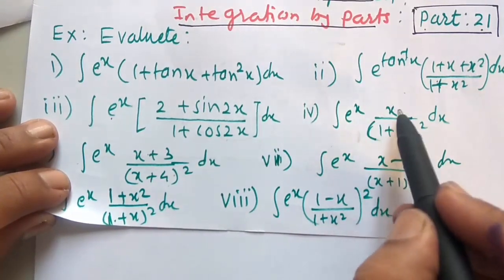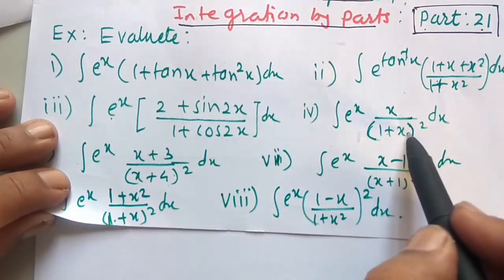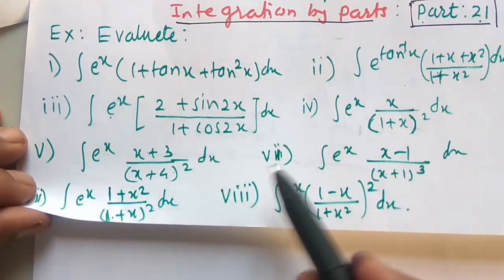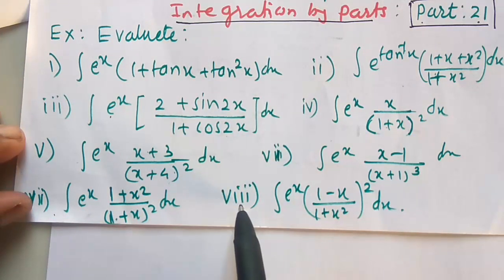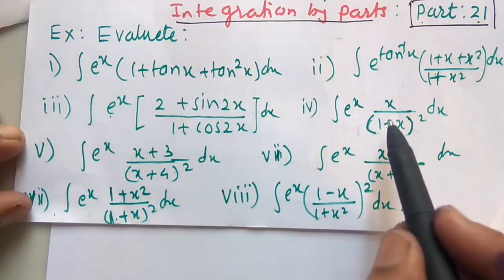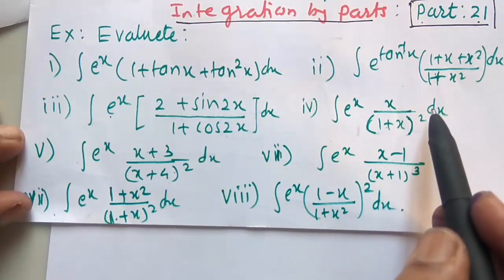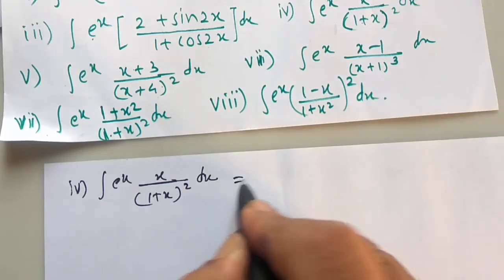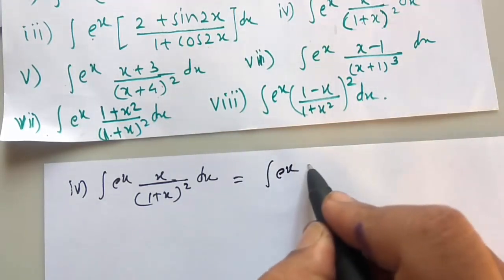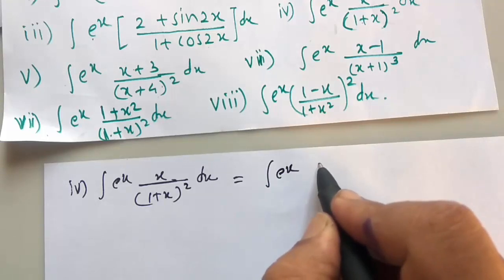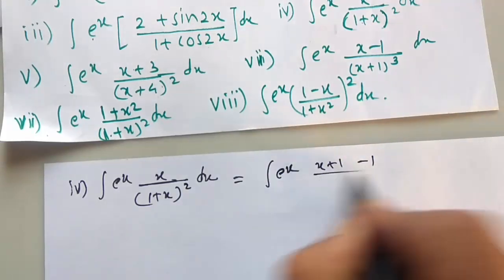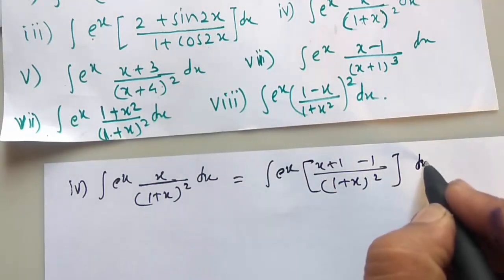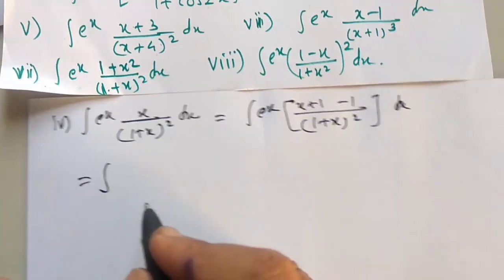Next example, integration of e raised to x upon (1 plus x) whole square dx. Examples number 4, 5, 6, 7 and 8 are all to be done here. We have to adjust the terms f of x and f dash of x. So in the first example, I write this as e raised to x, I add 1 and subtract 1, x plus 1 minus 1 upon (1 plus x) whole square dx is equal to integration of